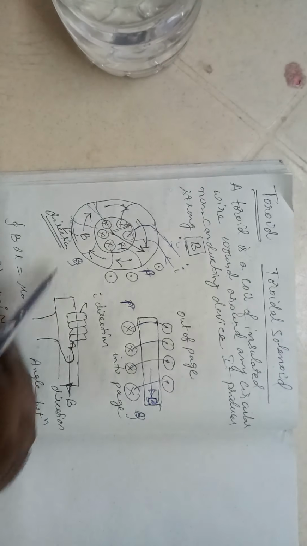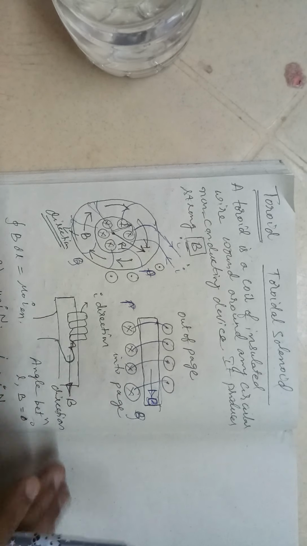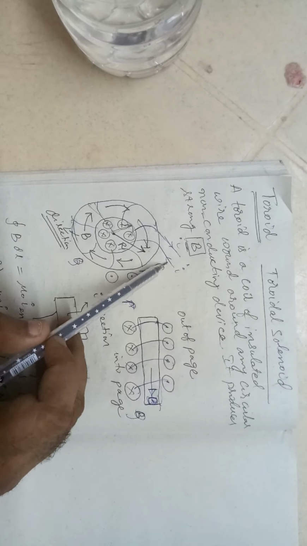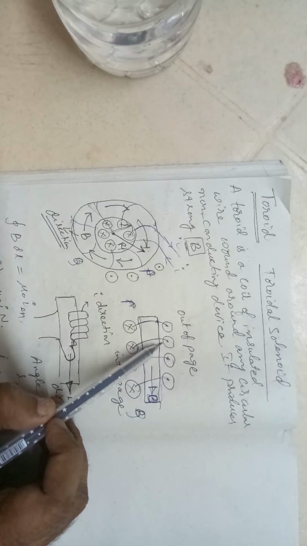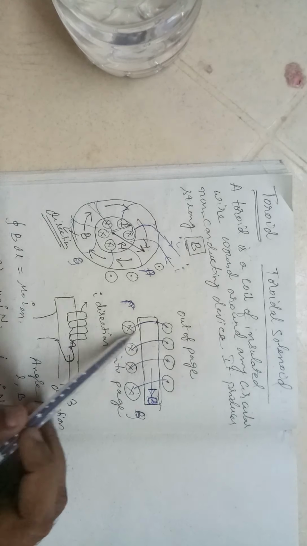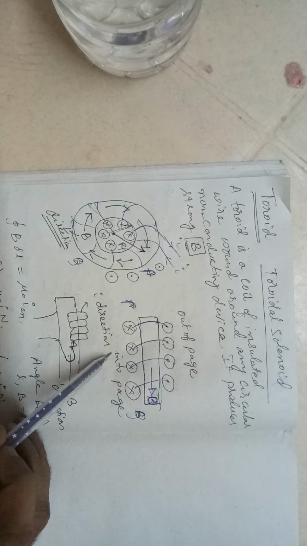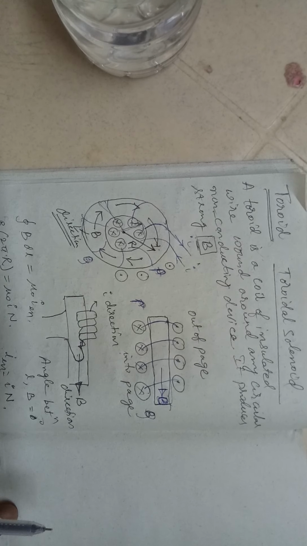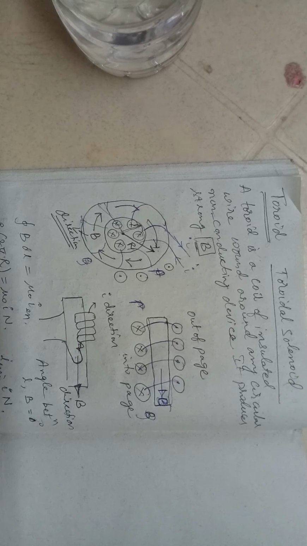You take a small segment PQ. If you cut it and you see, it will look like this. It's a kind of a rectangular element. Here current is inputted like this. So this side it is out of page and on the other side it is into page. Okay, so you can find out the direction of magnetic field using your right hand thumb rule.